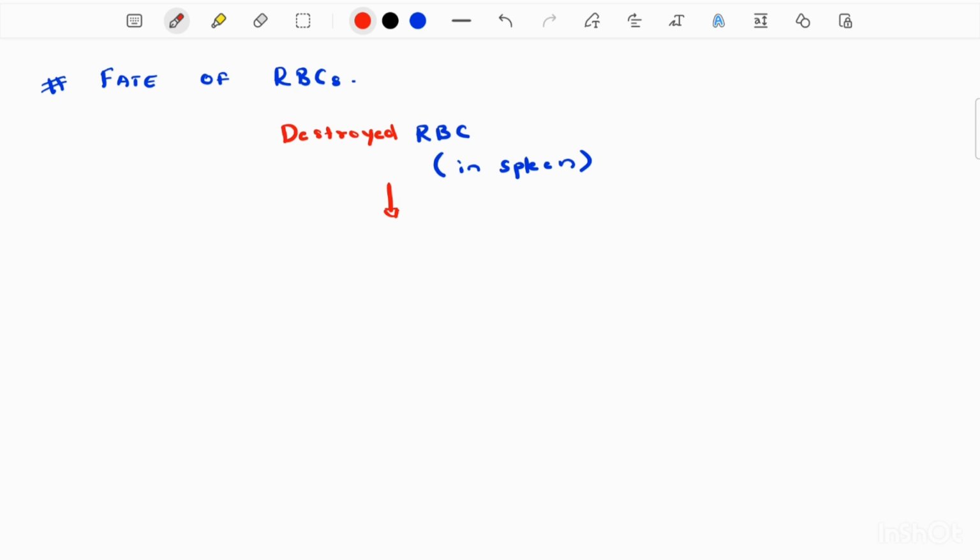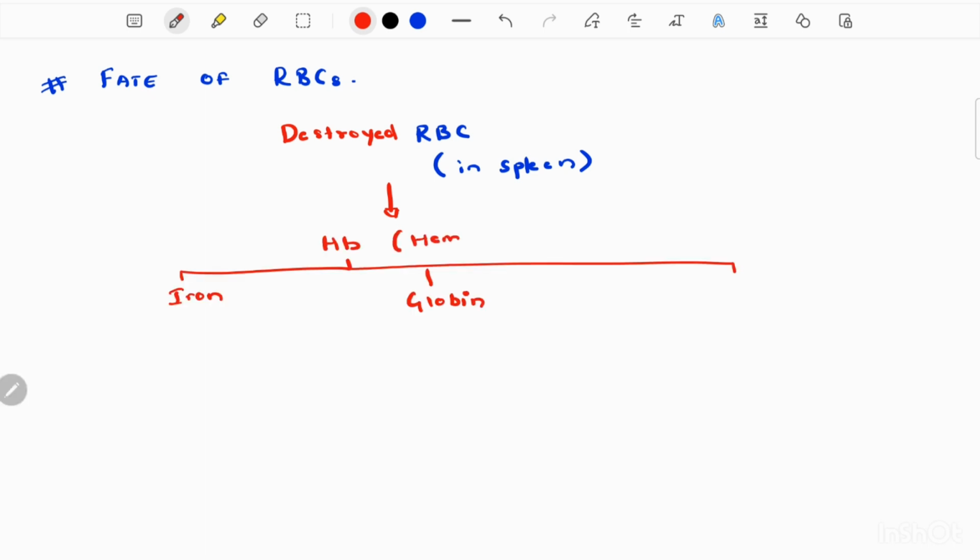Hemoglobin is immediately phagocytosed by macrophages of the body, mainly macrophages present in the liver, spleen, and bone marrow. Hemoglobin is degraded into iron, globin, and porphyrin. Globin is stored and reused,